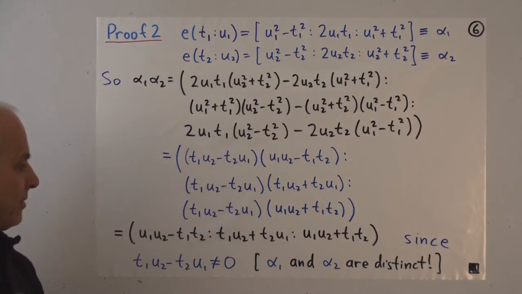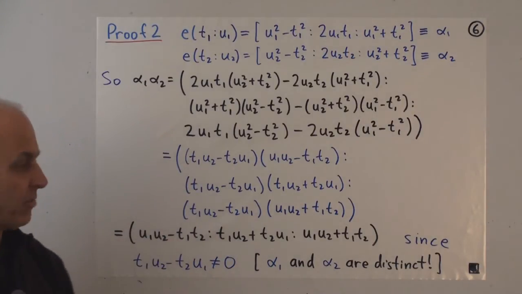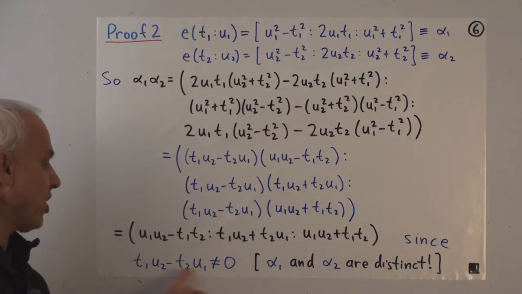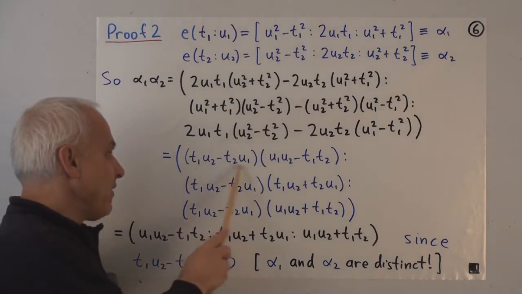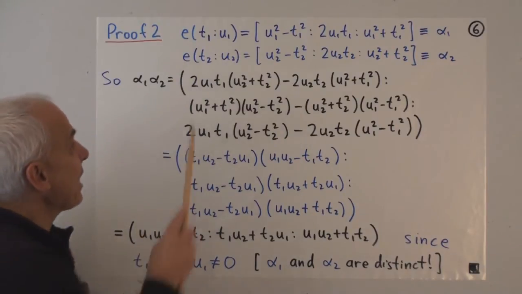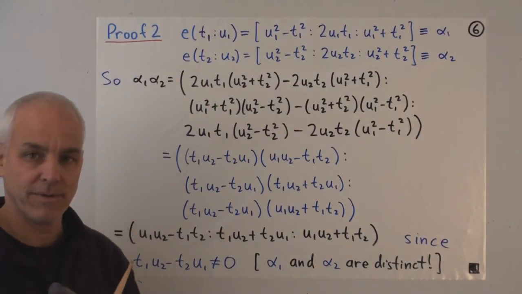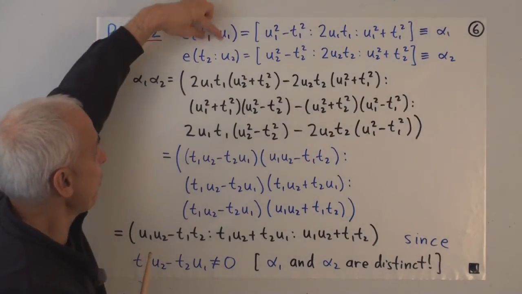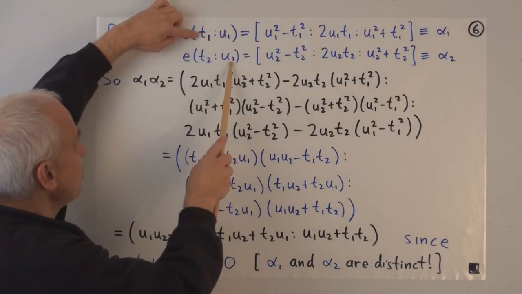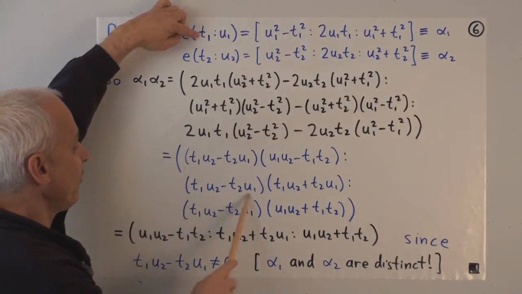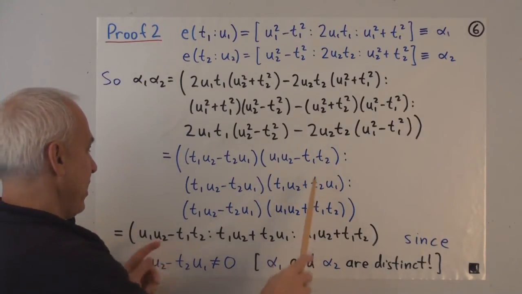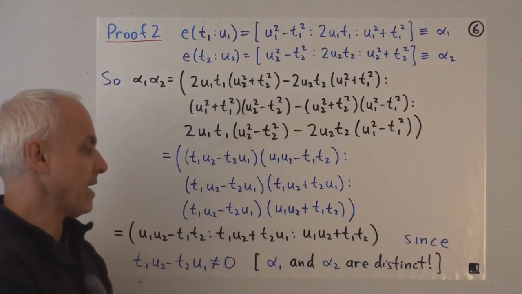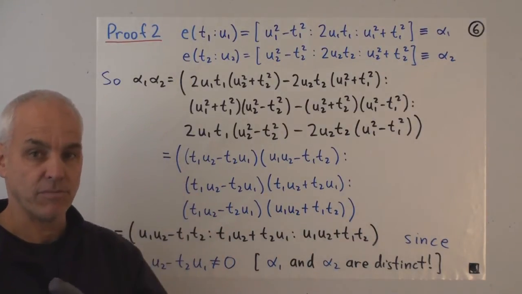There's a common factor. We can divide by that common factor because we're just talking about a proportion, and because we know that common factor is not equal to 0. How do we know that? Well, what would it mean for this to be 0? It would mean exactly that this proportion is equal to that proportion, the condition t1 u2 equals t2 u1, or this thing equals 0. So after we cancel that common factor, we just get the three bilinear forms that we're interested in. That's our formula for the line through those 2 points.